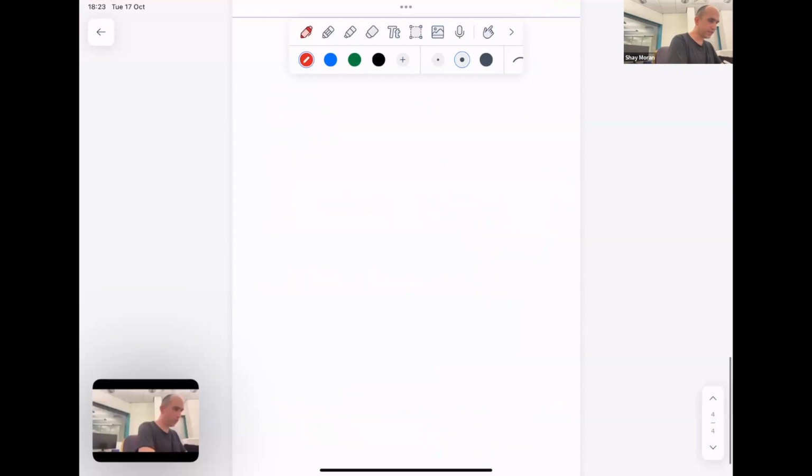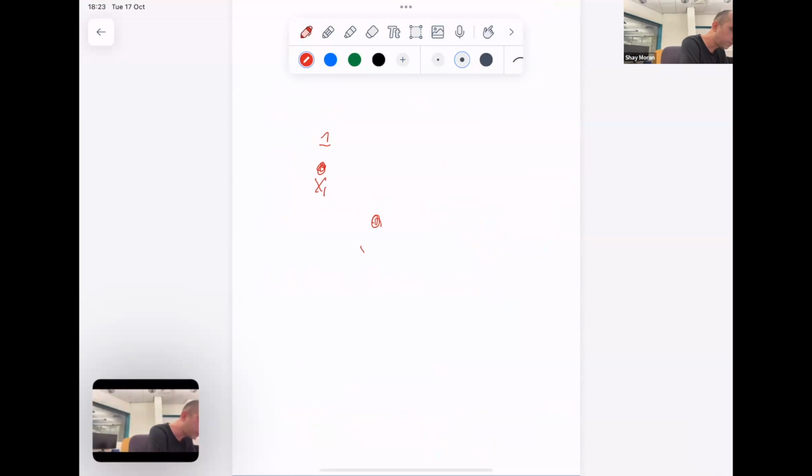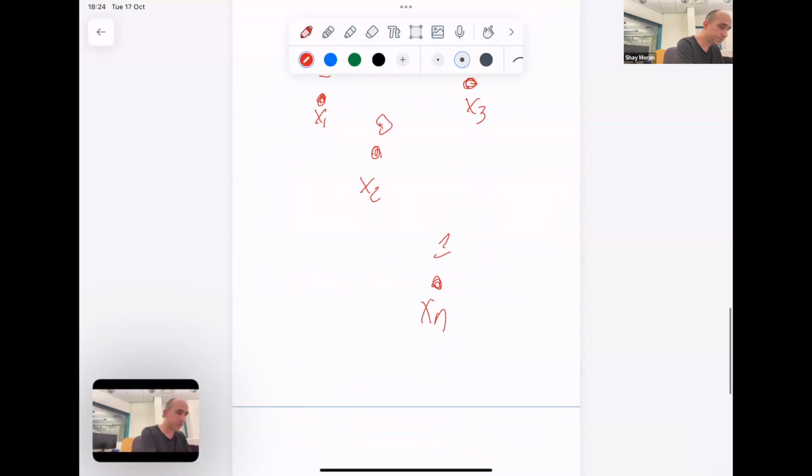Okay, so one nearest neighbor, right? So we have this metric space, and then we get this example. So x1, and let's say the label is 1. And then we get x2, and let's say the label is 0. And then somewhere here is x3, and the label is also 1, and so on. And here we have xn, and the label is, let's say, also 1. And then you get a new test point x. How will you label it? What you do is you look at the nearest neighbor of x, and you borrow the label from the nearest neighbor. Okay, so this is the algorithm.